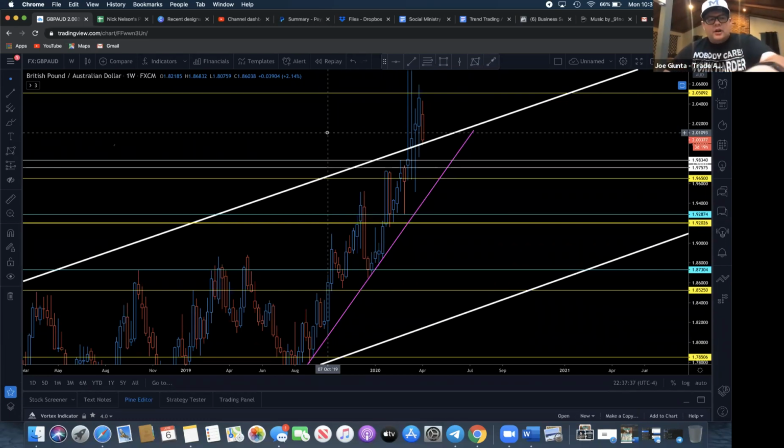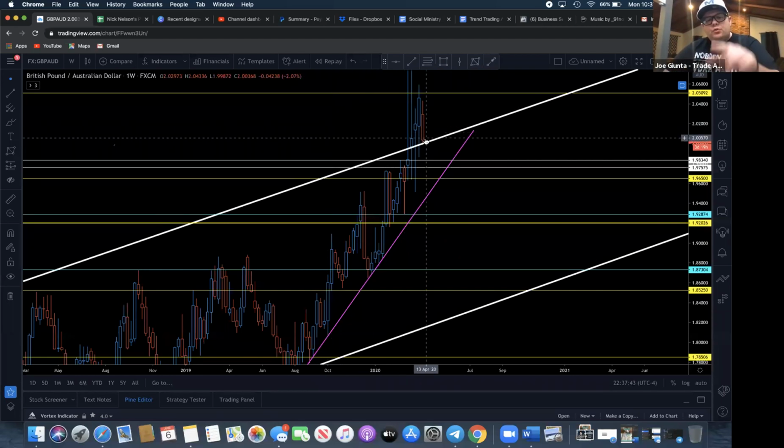So again, I want to move on because I promised you guys I was going to give you something powerful, and I'm going to do that. But I'm telling you, don't try to swing sell and don't try to swing buy anything on the GBPAUD right now. And really, you should be cautious of all GBP pairs right now, and essentially all Forex trading right now because of all the craziness going on in the world.